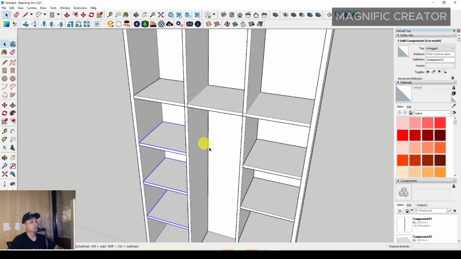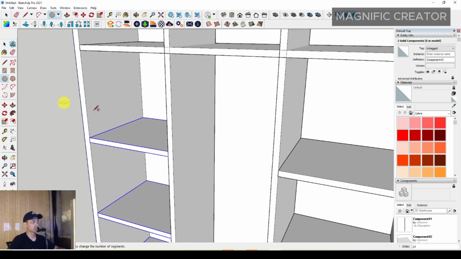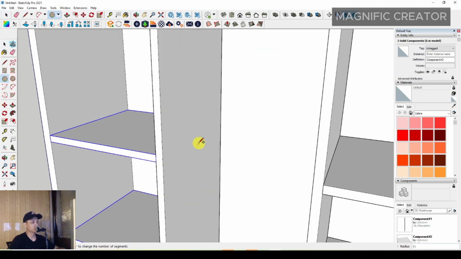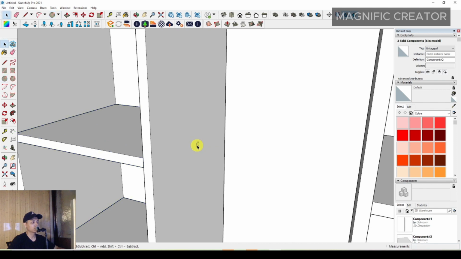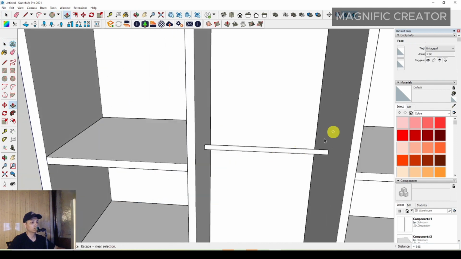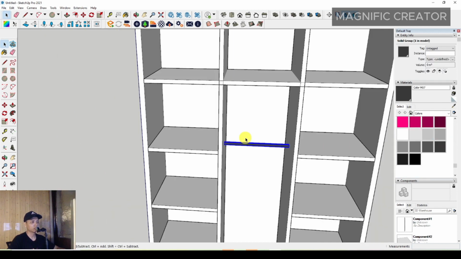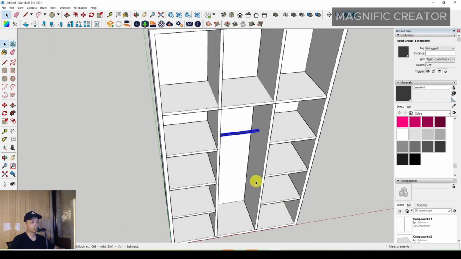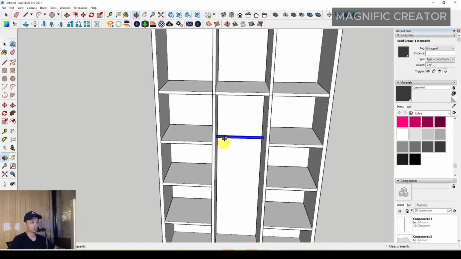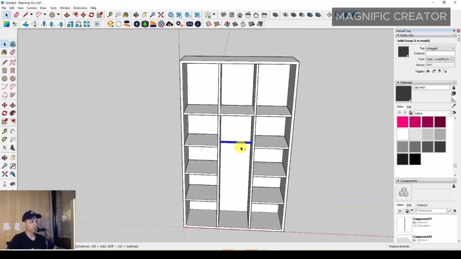Okay, and then you can make this cloth holder or cloth hanger with a cylinder shape. Then you can make a stick of the cloth hanger, and then you can assign a dark material, so it would be a different material than the other material there. Then after that you can make